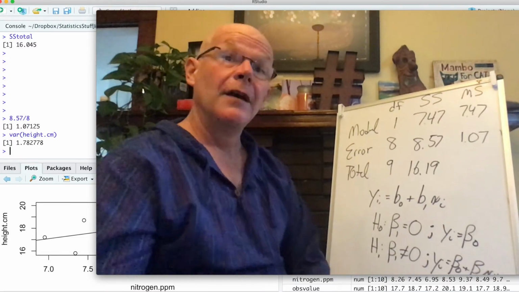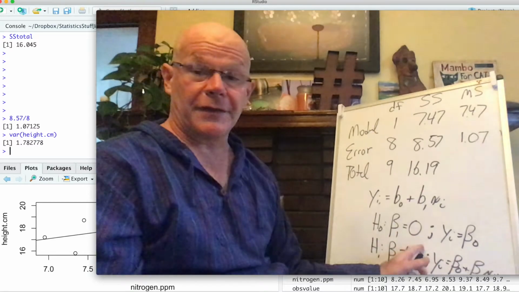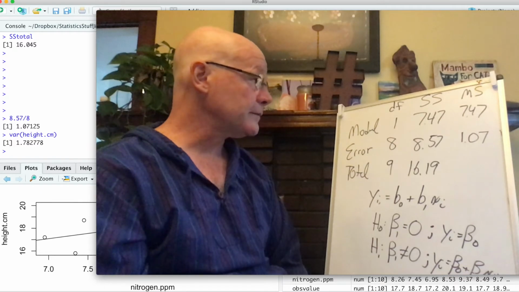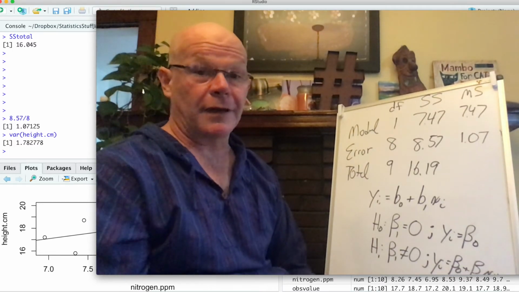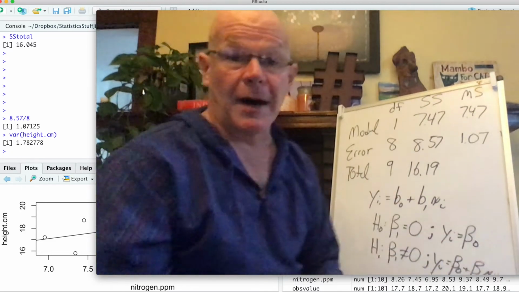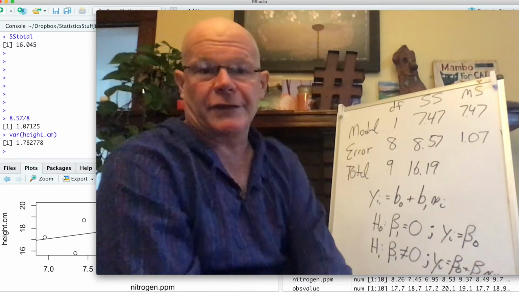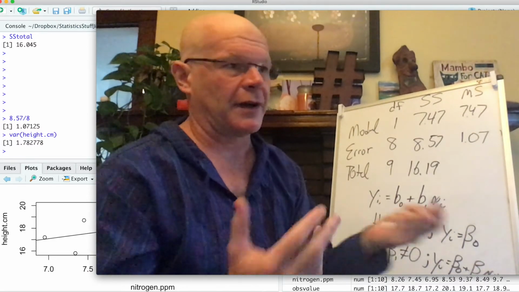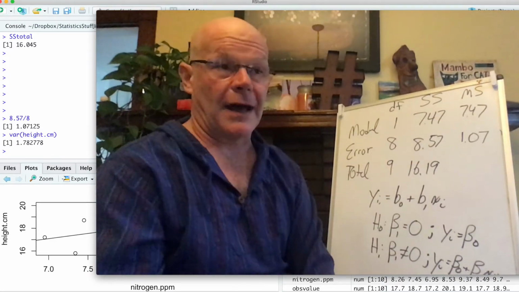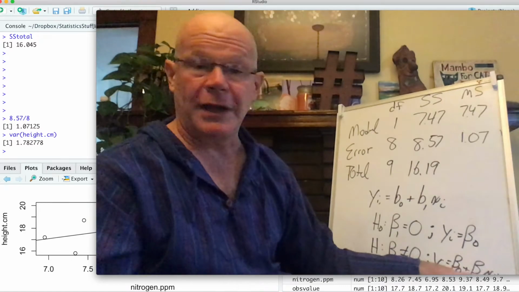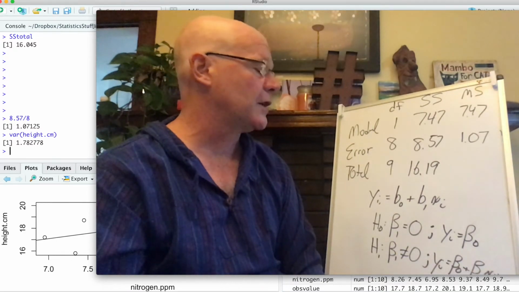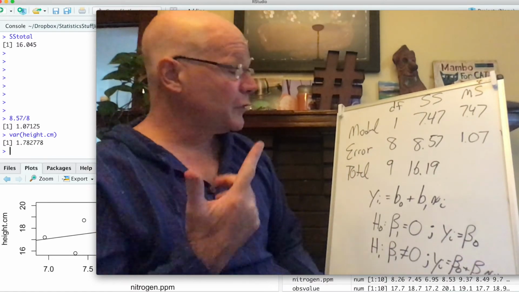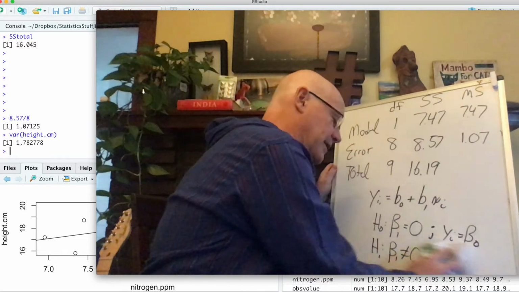So now let's think about how we are going to test these hypotheses down here. The slope is equal to 0 or the slope is different from 0. There are actually two different ways that we can test these hypotheses, especially with a model as simple as the one we're playing with right now, a simple regression model with a single predictor and a single response variable. We're just trying to understand whether or not that slope should be in there, whether or not we're learning anything new and our predictive ability is increasing at all just by having some information about the nitrogen that was available. And so there are two different approaches we can take. The first approach that we can take,